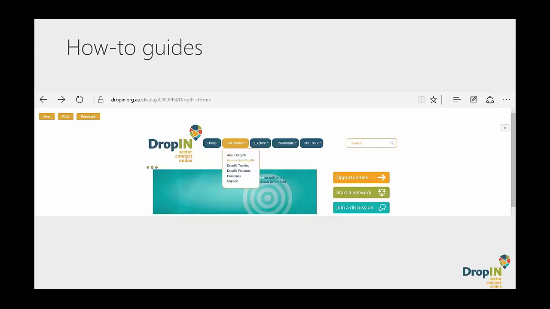So the first thing is, if you're the kind of person that feels a bit more comfortable just reading information and learning how to do things, if you're good at following manuals and stuff, then maybe the how-to guide is the best way for you to learn more about how to use Dropin. So if you click Get Started in the main page and click How to use Dropin,